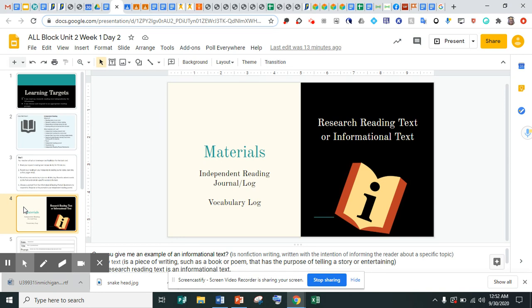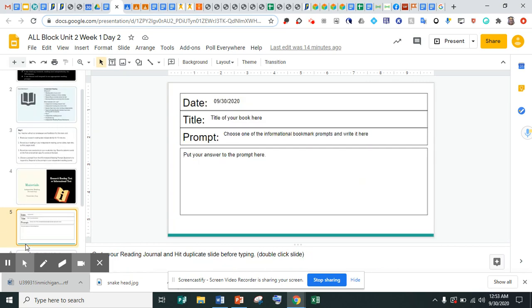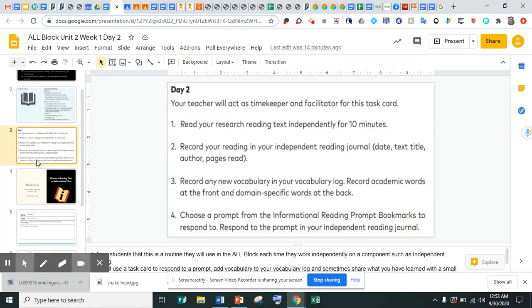Now, a literary text is a piece of writing such as a book or poem that has the purpose of telling a story or entertaining the reader. So today you're going to read an informational text. If you do not have an informational text at home, then you may go onto Epic and find an informational text. Once you find your informational text, you're going to set a timer and you're going to read for